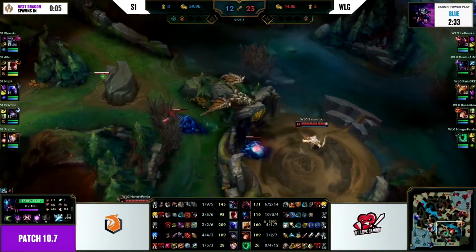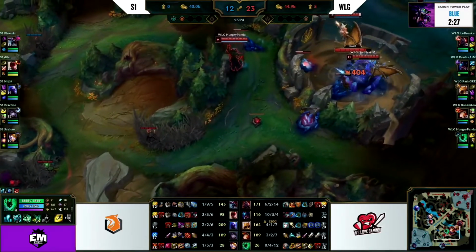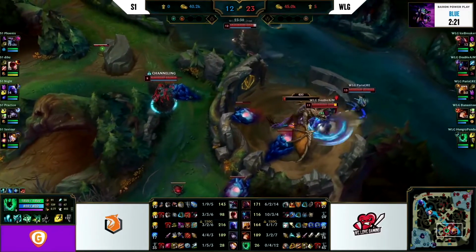They might have been listening to our chaos, because they were like, you think this game might be over? We don't think so. We're gonna just take this Baron after we clean this fight. And right now, those 2 dragons might be going over, or the second dragon at least might be going over